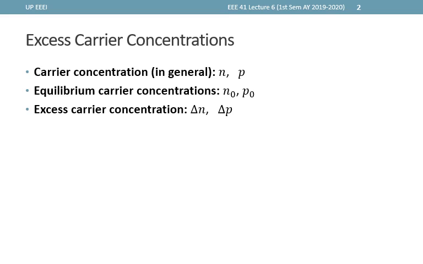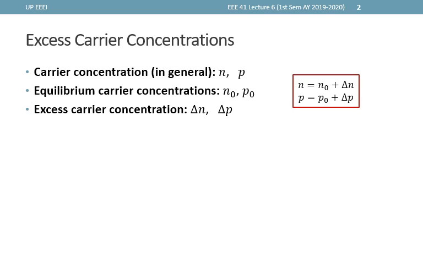N naught and P naught is mostly based on the doping concentrations and temperature. And as the perturbations change in a material, N, P, delta N, and delta P change, but N naught and P naught do not change in the cases we'll consider in this course. Also, N, P, N naught, and P naught are always greater than or equal to 0, meaning they can only be positive or 0, whereas delta N and delta P can be negative.